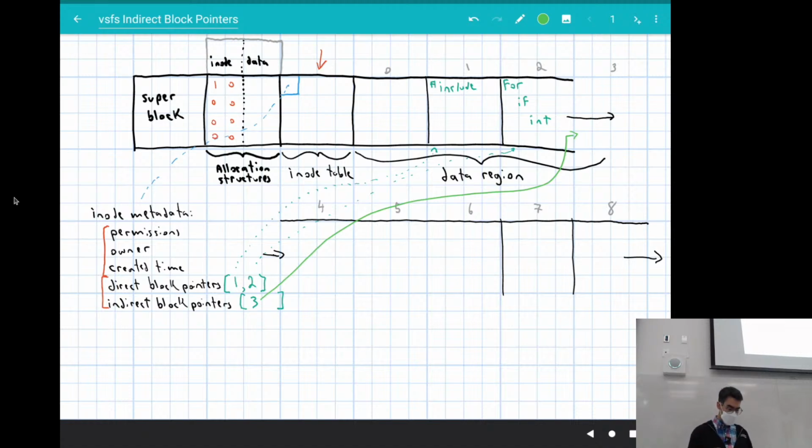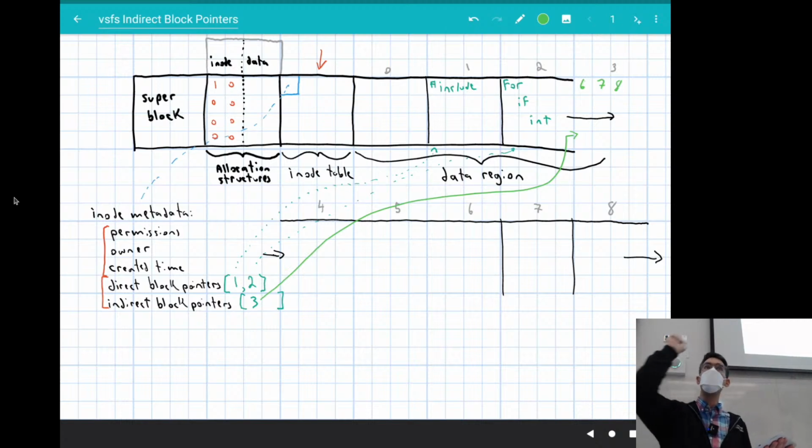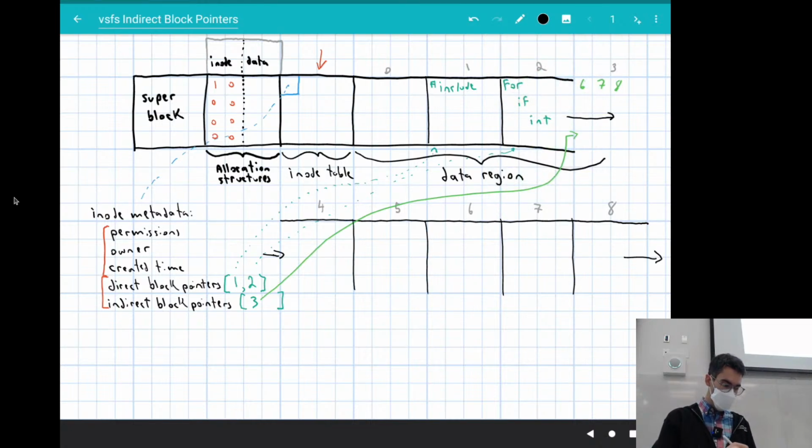So let's say, for example, that I've got one indirect block pointer and it's going to point at 2 or 3 more blocks. So my indirect block pointer here might have something like 6, 7, 8. And this is basically saying that if I follow this indirect block pointer up to block number 3, data block number 3, the very first entry here says go to block number 6, and that's where the next data is. So in block number 6 here, there's going to be a bunch of stuff that continues with the C program